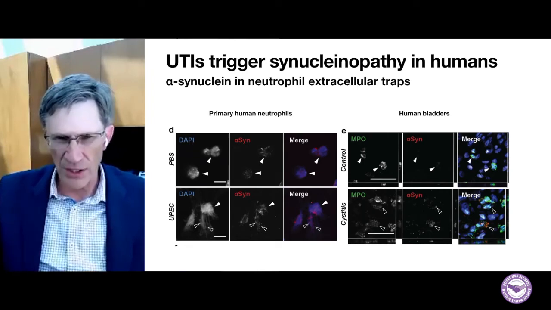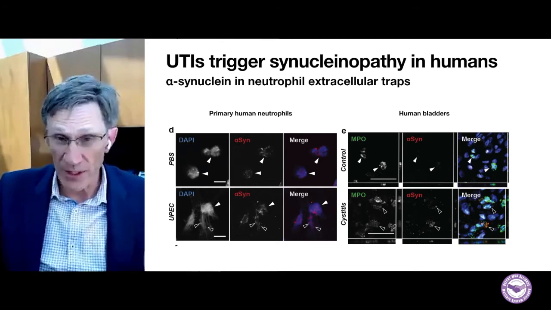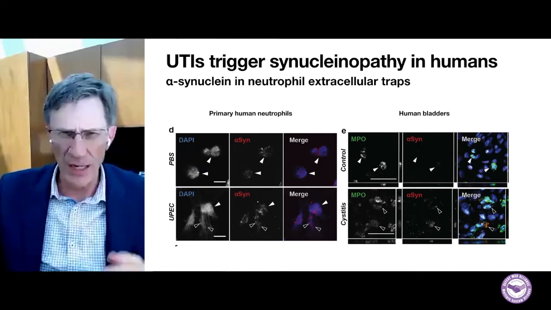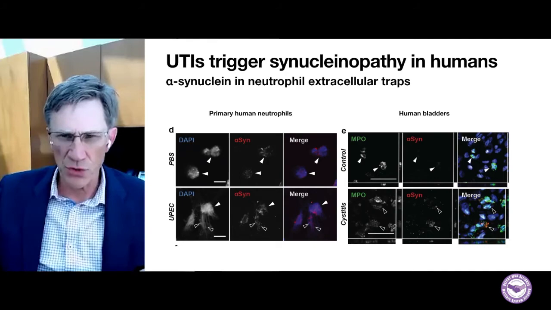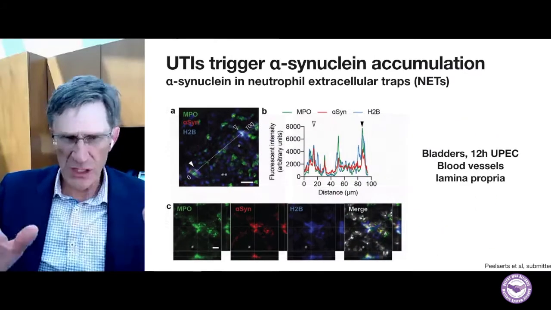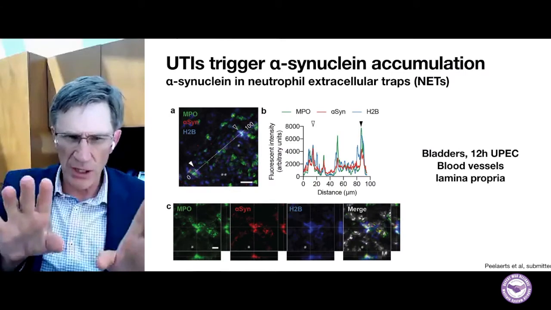We label the white blood cells with the MPO marker. So human white blood cells form these nets that contain alpha-synuclein. It surprised us. We weren't really aware of this, and not many scientists had pursued this. We went on to look more carefully in the next slide at these particular nets, what they looked like, and